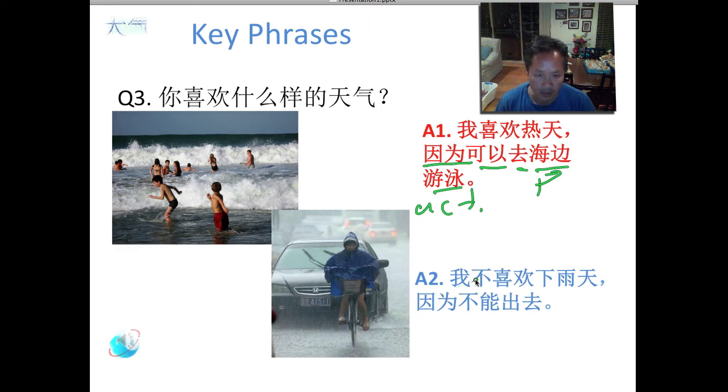You can do the same thing with the negative response. 我不喜欢下雨天，因为 because 不能出去. Because you can't go out. So you're giving a reason why you like something. You can change a lot of this. You could change, for example, 热天 and practically this whole bit here for other words. 我不喜欢热狗，因为不好吃 would be another example. Or 我喜欢热狗，因为不好吃。